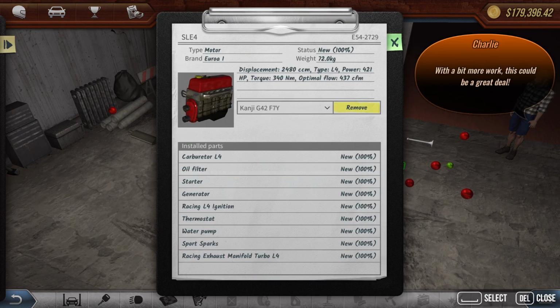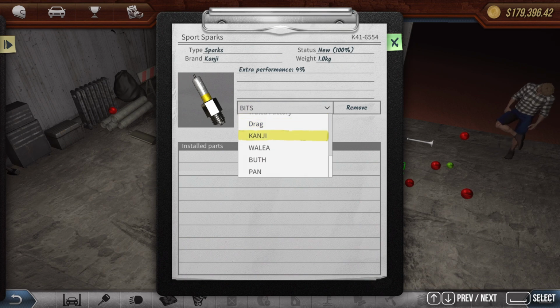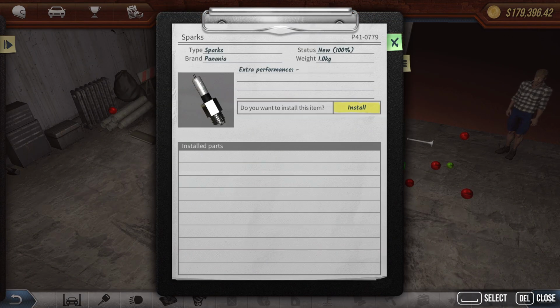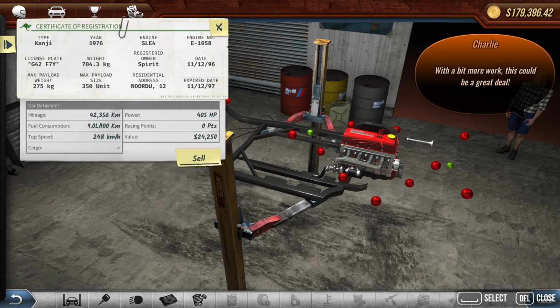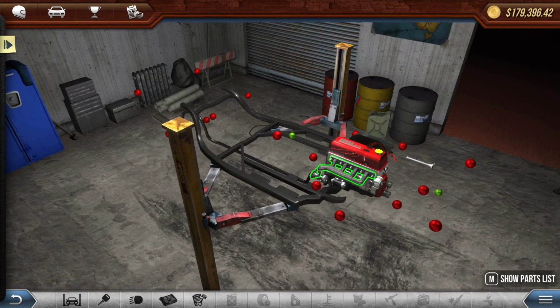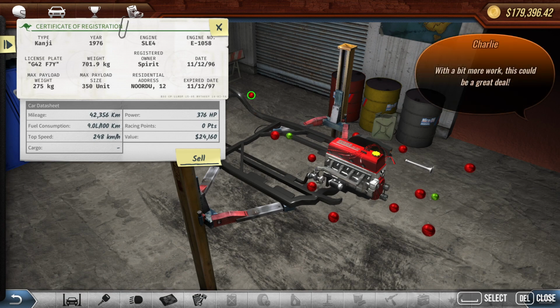21. And let's remove the sparks. There we go. And let's put in, let's see, you. There we go. 405. Can't believe I'm actually getting there with something. I'm trying to think, what can I do? Well, the turbo I can't do anything with. Right, let's remove you. 376. That is...